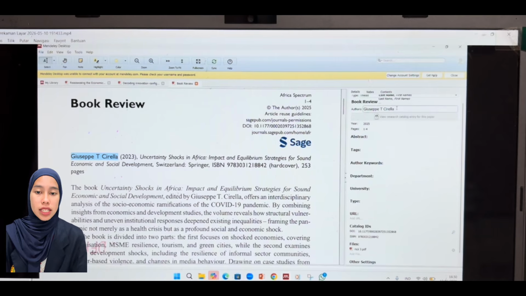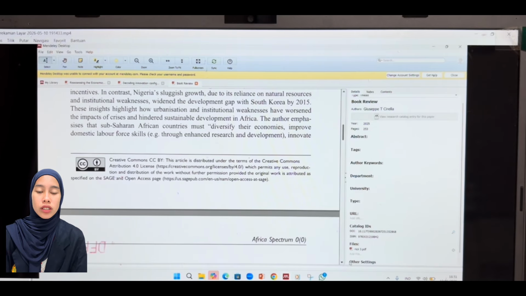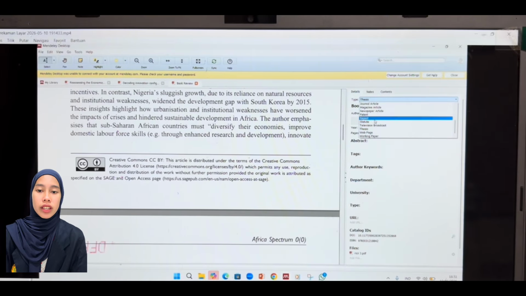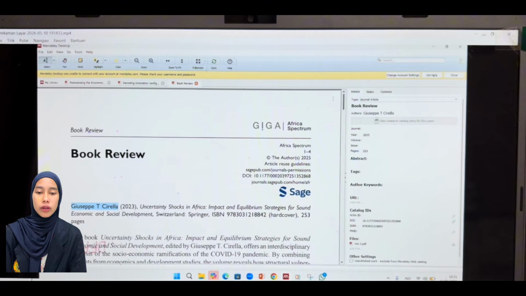The process is simple. Click Add New, then select Add Entry manually. In the type selection, change it to film or video. Next, fill in the required data. Title, enter the title of the YouTube video. Author, enter the creator's name or the channel name.